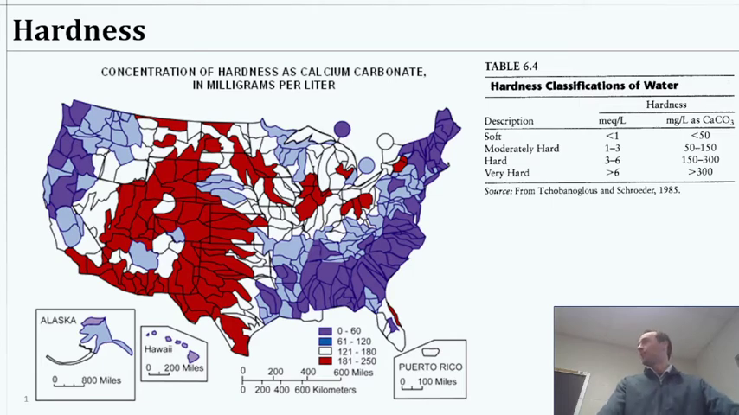Okay, so today I want to talk about hardness and alkalinity so that we have the fundamental pieces in place to talk about softening water. I mentioned and showed this graph earlier in the semester when we were giving an overview